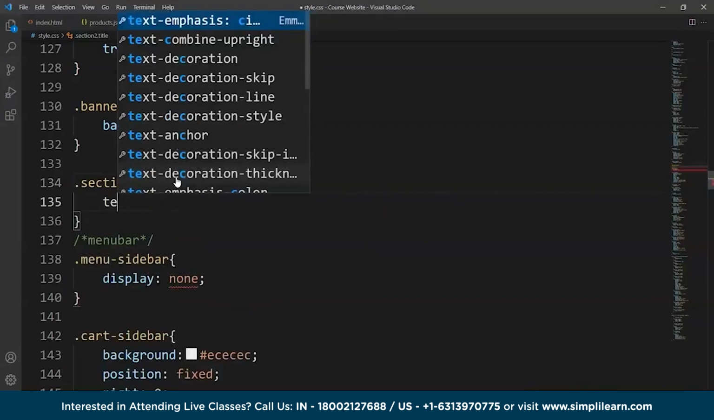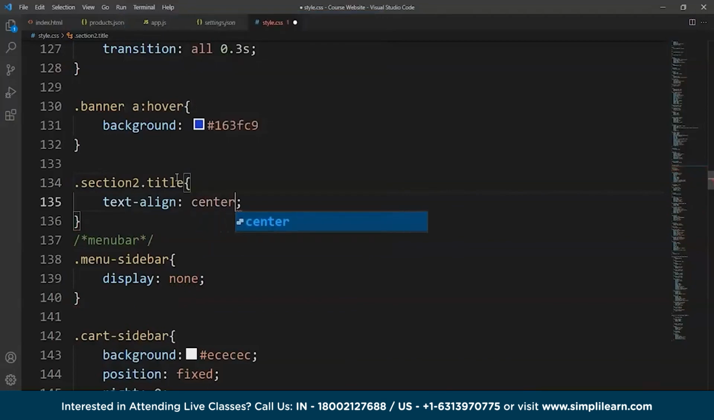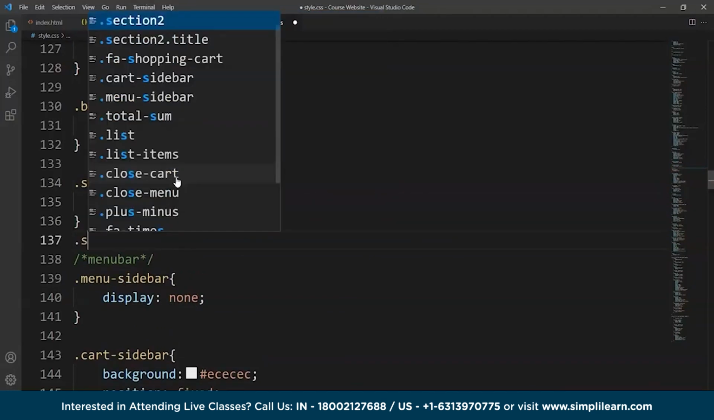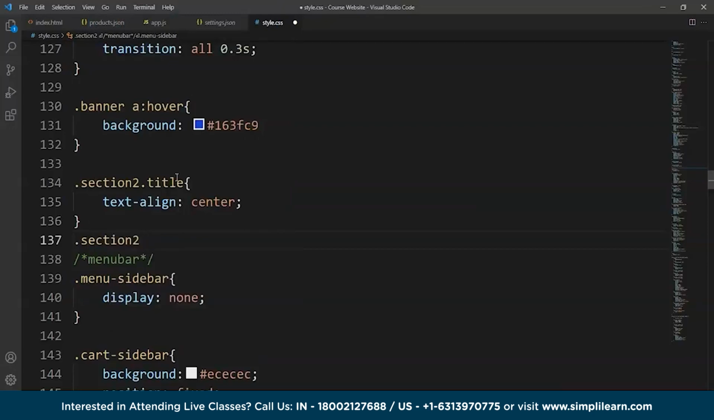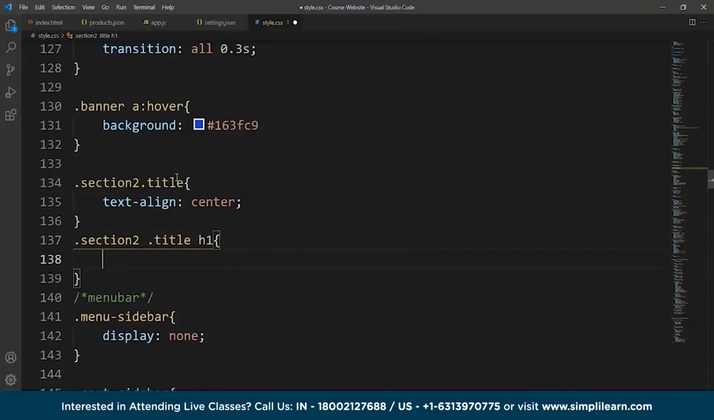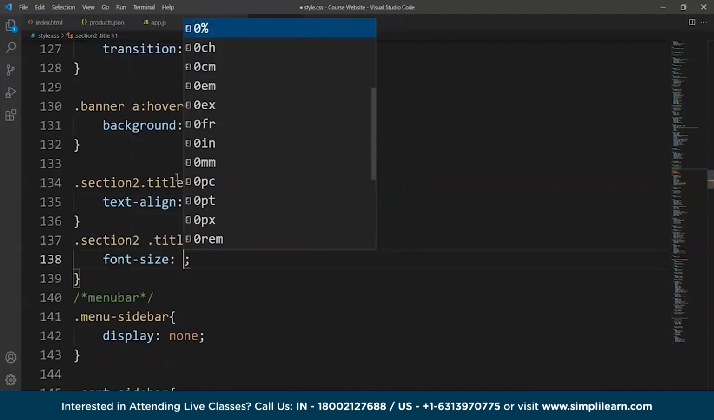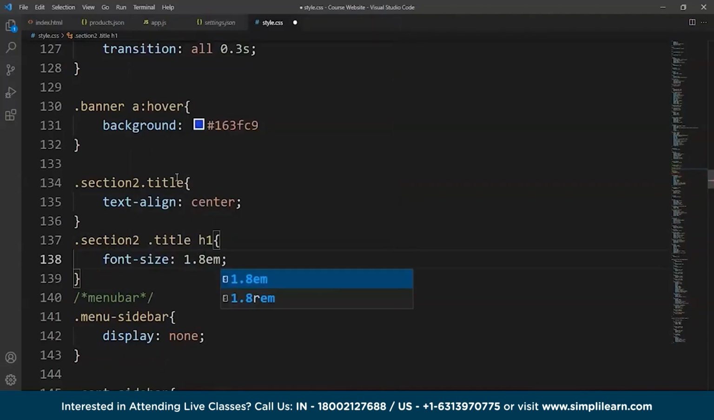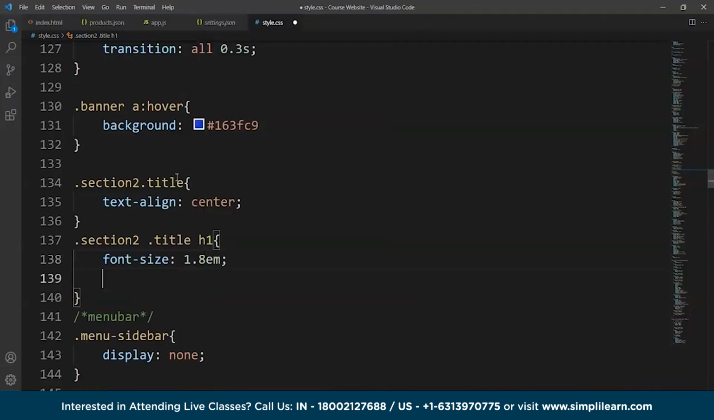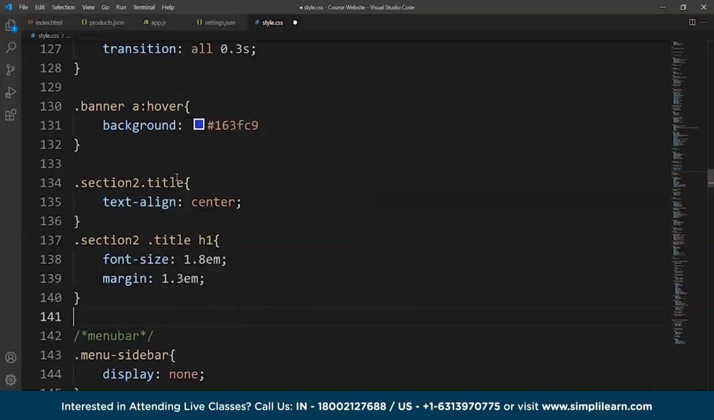and text-align at the center. Then we'll write here .section2 .title h1. The font size is going to be 1.8em. The margin is going to be 1.3em. Then we have to write the code for products here, so we'll write here .product, and inside this we'll write margin as